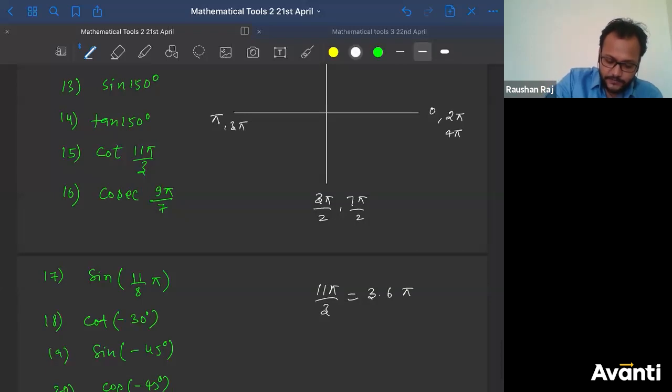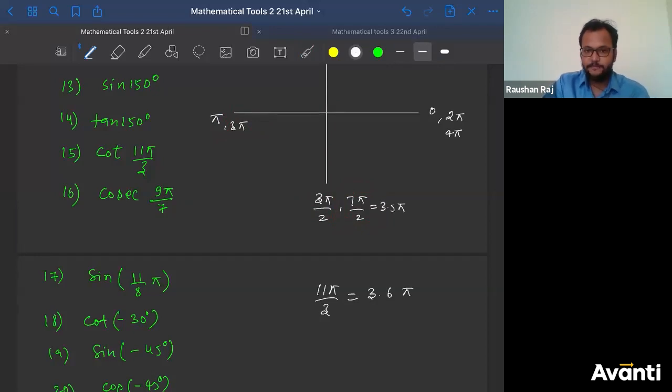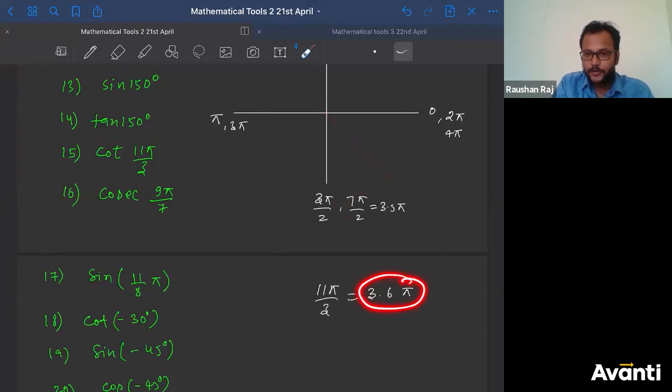So this is 3 pi. What is this value, bacha? This one. Either you can say like 3 pi by 2, or you can say 7 pi by 2. 7 pi by 2 is what? 3.5 pi. So in which quadrant will this angle lie? पहले तो बता, in which quadrant will this angle lie? So this angle will pakka lie in the fourth quadrant. Why? Because 3.6 pi is greater than 3.5 pi. So somewhere here, right? बहुत बढ़िया से. So fourth quadrant में lie किया ना.